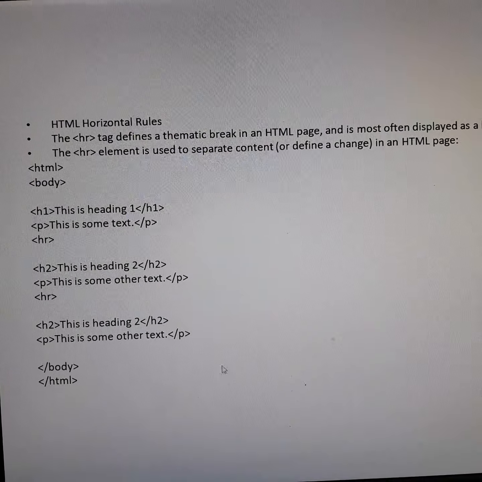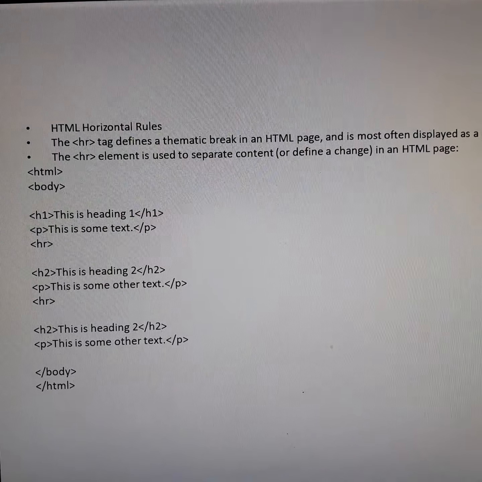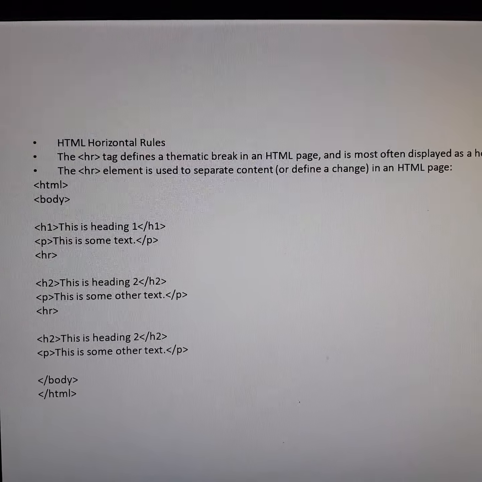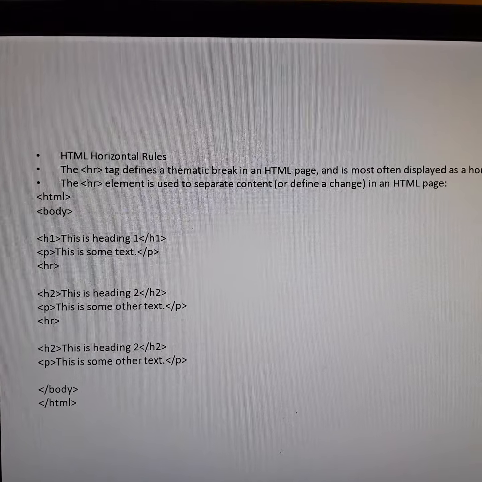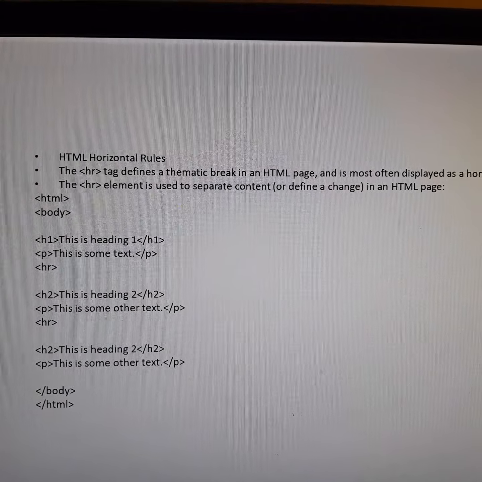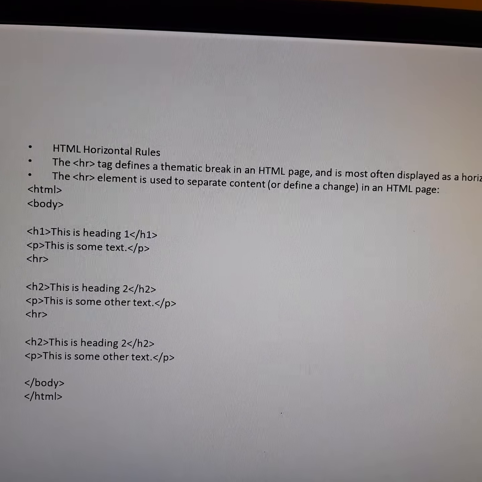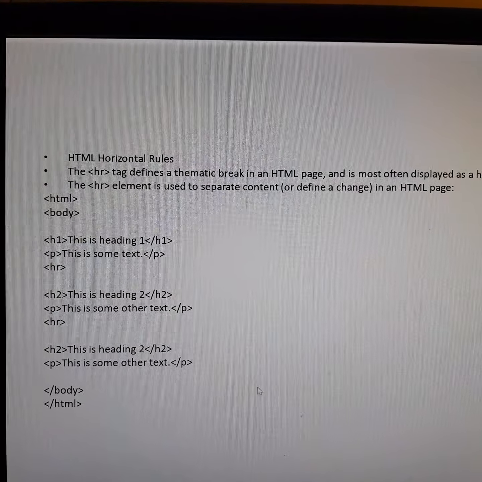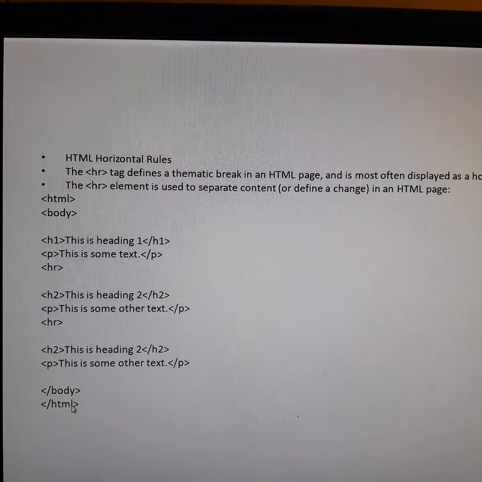Again we have used the horizontal tag. So if you observe the program, we have used 3 different headings and 3 paragraphs, but we have used only 2 HR horizontal tags. After that we have closed the body, and then we have closed HTML.